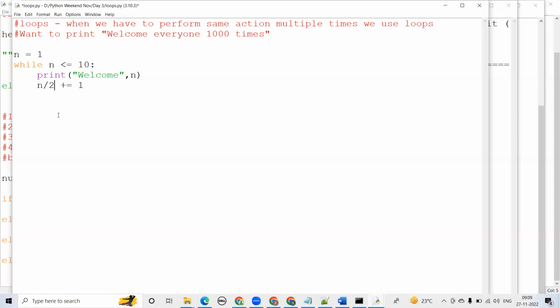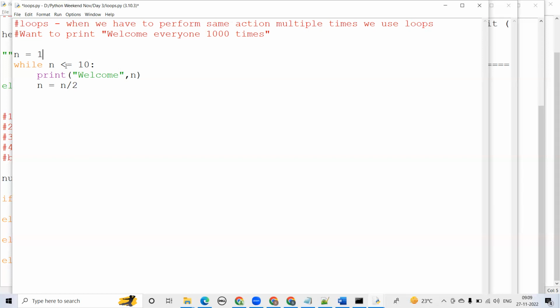If it is a ratio value n equal to 1 by 2, does it not perform the loop? No, it will perform. So if you are saying like this, that we are dividing by 2, you are saying that we have to check like this. Yes, ratio. So for example, initially